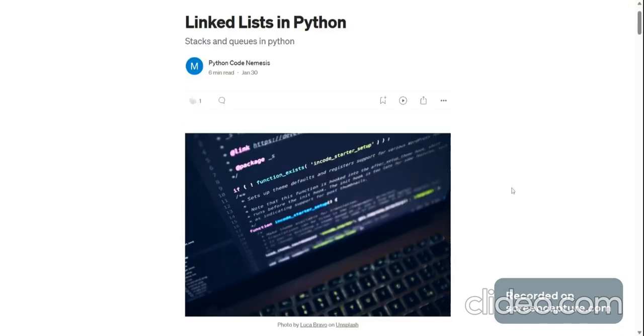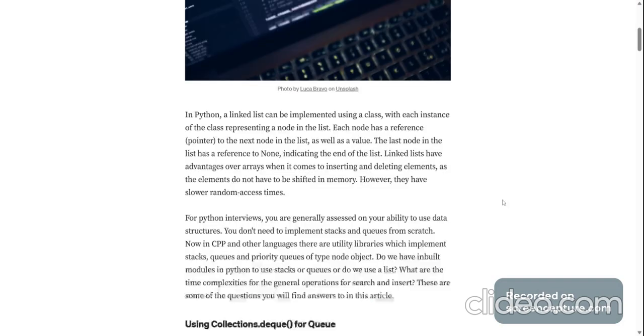Today we'll be going over linked lists in Python and some of the very common misconceptions and mistakes that we developers or students make when we are using stacks and queues initially, especially when you're using it for programming contests